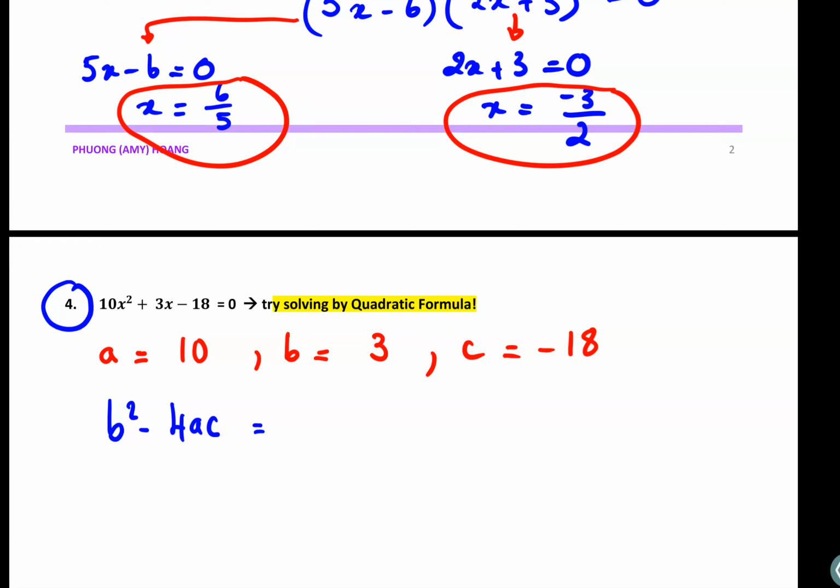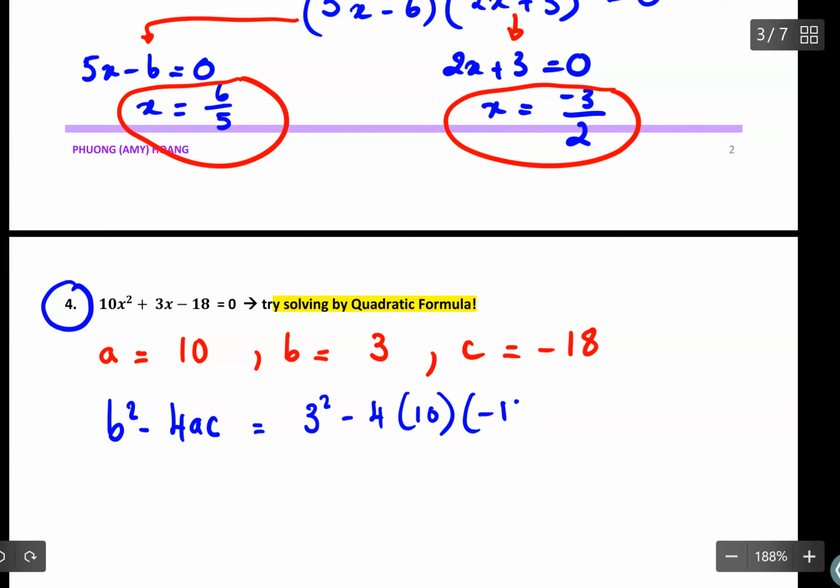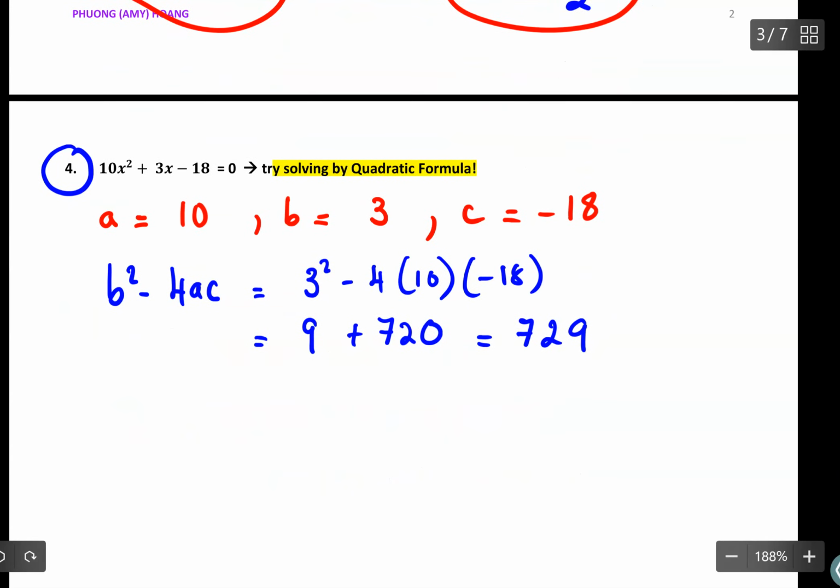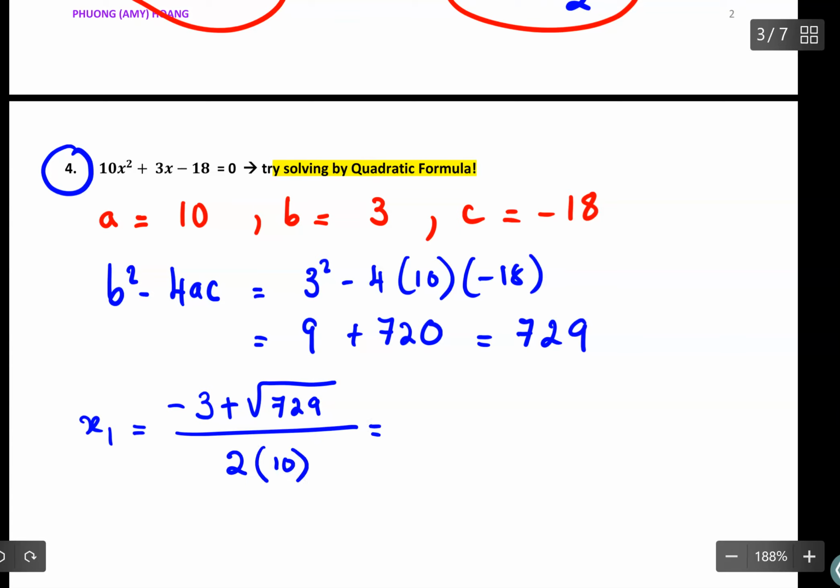So b squared minus 4ac, so it's 3 squared, subtract 4 times 10 times negative 18. So in this case, I should have 9 plus 720, so equal to 729, which is a perfect square. Okay, so let's find x1, which will be equal to minus b, which is minus 3, plus the square root of the discriminant, divided by 2 times a, in this case 10. So I should have minus 3 plus 27